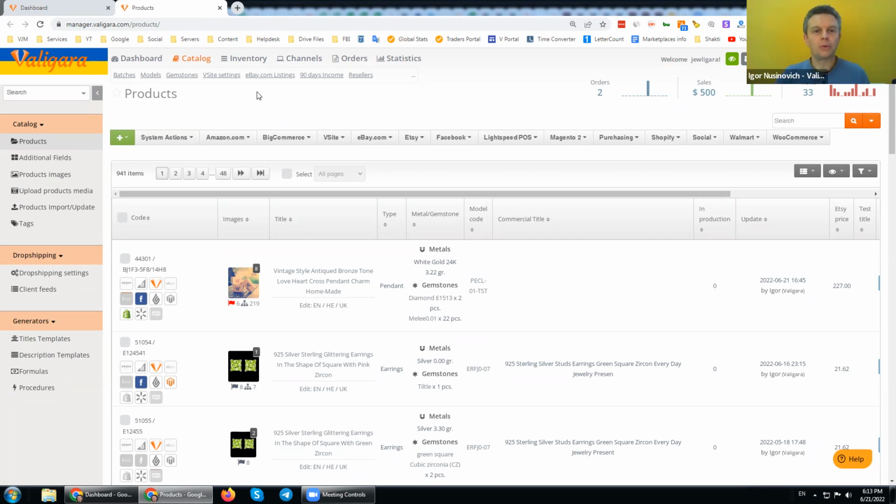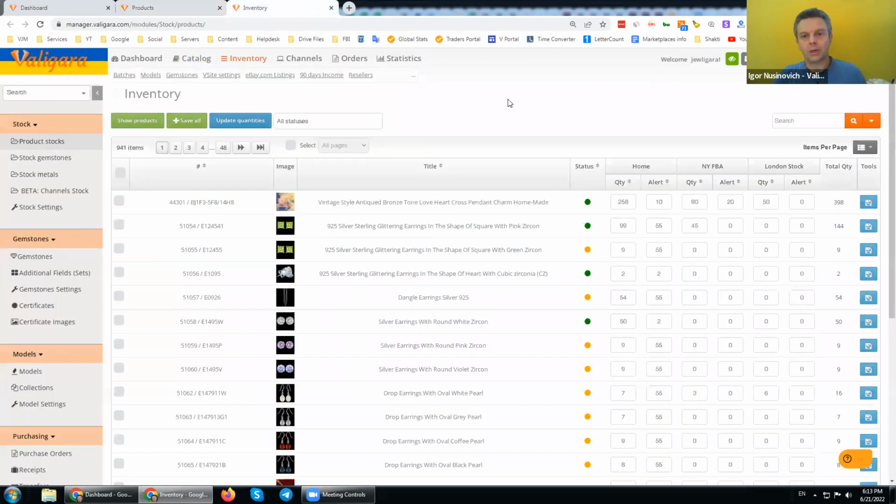Now, on product information management, the first thing that we need from the PIM system will be its robustness, and the second thing will be how you apply the PIM principles to jewelry. So when we look at Valigara, as all of you know as Valigara clients, or maybe people that are just interested, Valigara's inventory structure is built for jewelry, loose diamonds, and sets. Valigara supports 3 classes of products: jewelry sets, single jewelry sets, and loose diamonds. We will see it differently on the product level, which will look a little bit different. Now, when we look at the inventory level in Valigara, we will have the stock, the gemstones, and models.